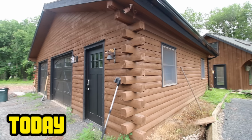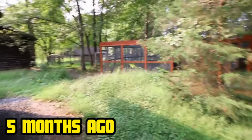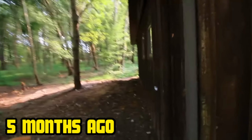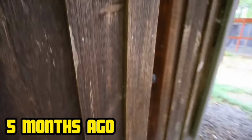And then this is what it looks like now. These next clips are from all the animal cages. I almost forgot about this, but look how this looked. There were hundreds of cages. They had ostrich, goats, horses, peacocks. They had a bunch of stuff, but this is what the office, well, our office looks like with the